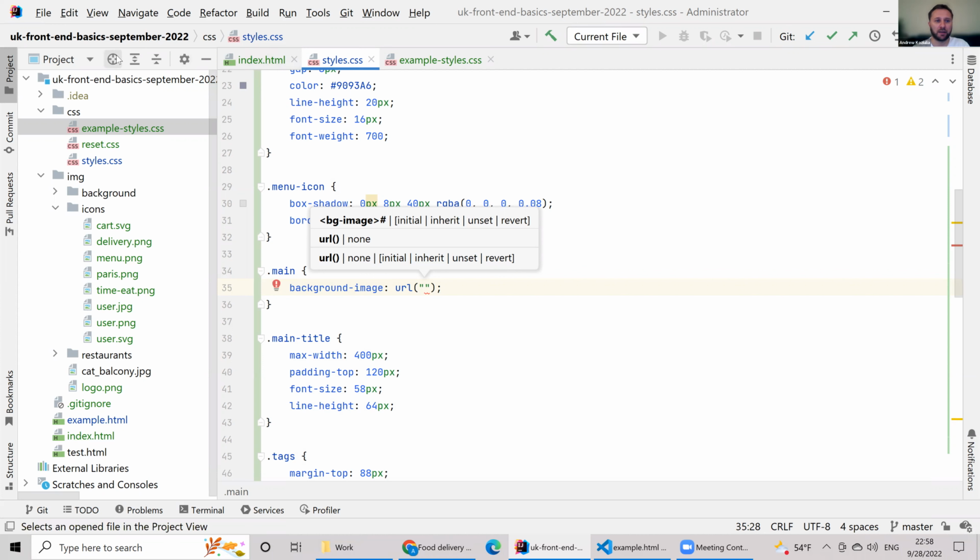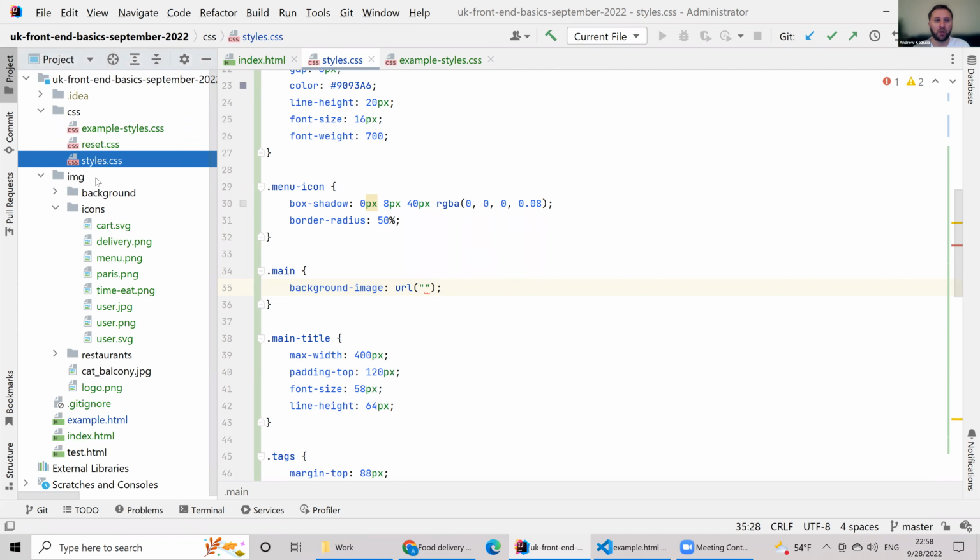The file called style.css, where I'm working right now, is contained within the CSS folder, and the image folder is outside. These two are sibling folders. Those two are in the root of my project. So in order to access a file from some file contained within the CSS folder, I first need to go one level up. I showed you last time how to do it. So now consider that your path is inside the CSS folder. I need to go one level up, ../